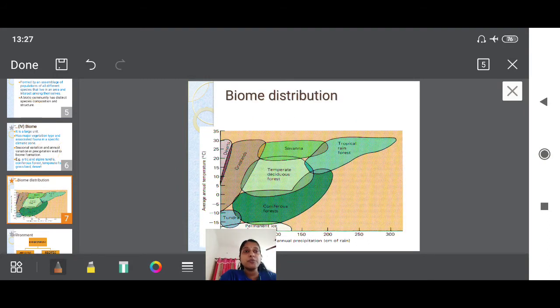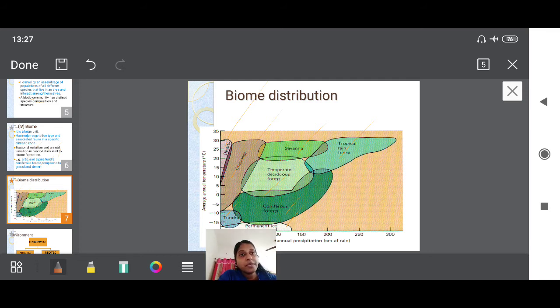Now in the next one you can find the biome distribution. So what is this biome distribution graph showing? Listen, from this what type of question comes? You have to note down the diagram very carefully, and you should know in each and every shape what biome is covered, like this is savanna, this is temperate deciduous forest, this is tropical rainforest, this is grassland, this is coniferous forest, this is tundra region, this is desert, this is permanent polar region. So like that you should know what is covering what.